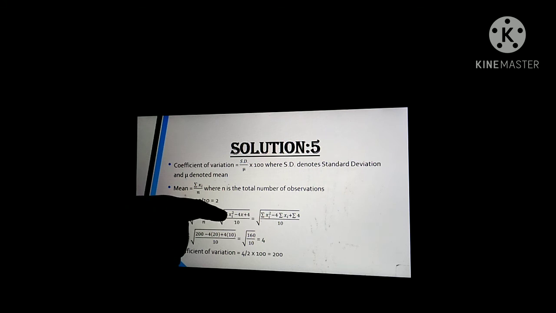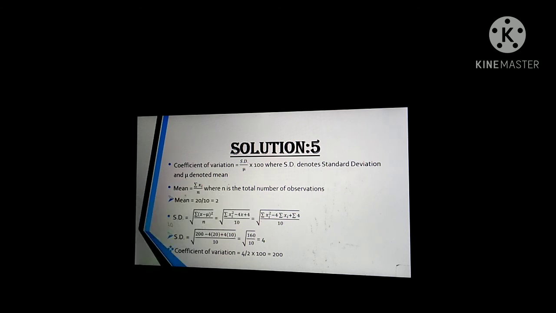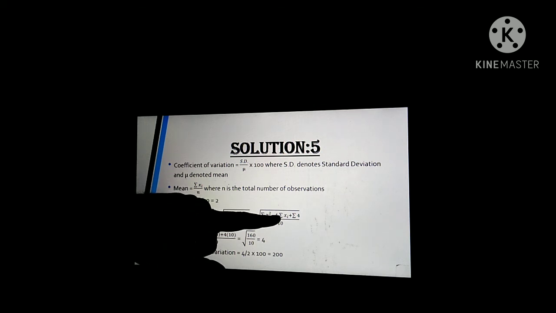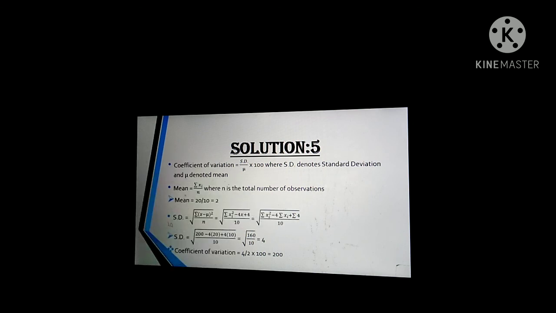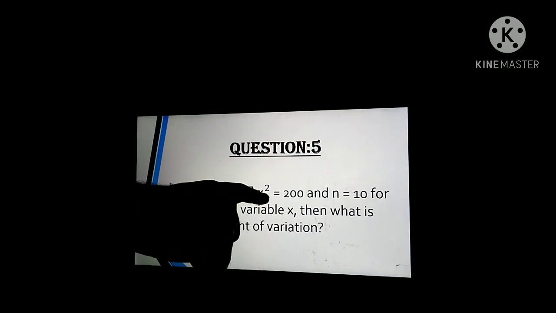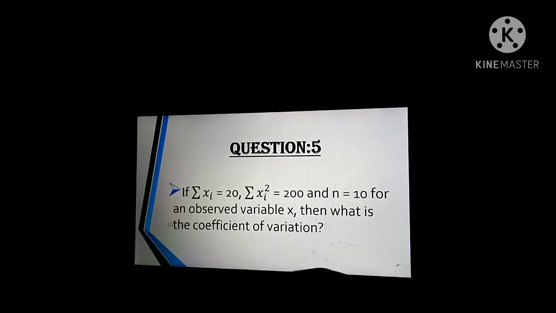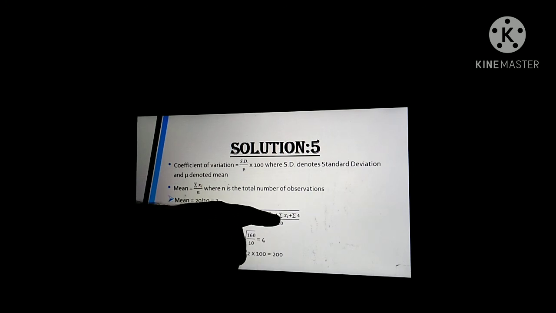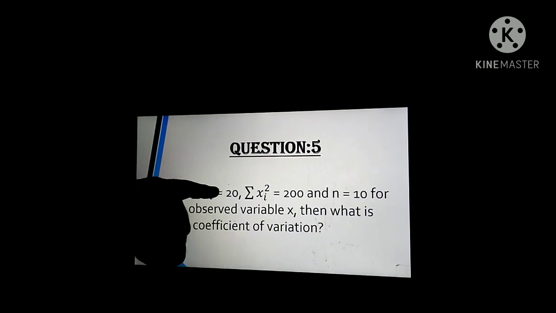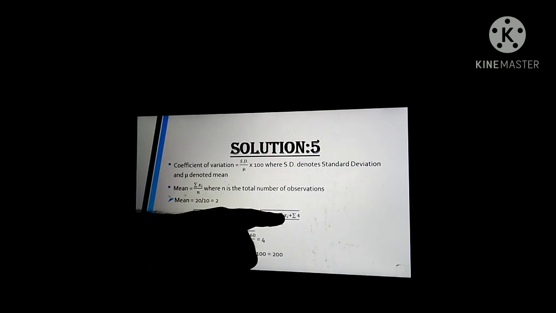And then for the formula of standard deviation, we have square root of sigma xi minus mu whole square upon n. So this becomes sigma, if you expand this, xi square minus 2 into 2, 4xi, plus 2 square, so 4, divided by 10. Now you apply summation to all the three parts. Sigma of xi square minus 4 times sigma xi plus sigma 4, divided by 10. Sigma of xi square is 200, means sum of squares of all the variables is 200. So we can replace 200 here. Minus 4 times sigma xi, we know is 20. So in place of sigma xi we can write 20, so 4 into 20.